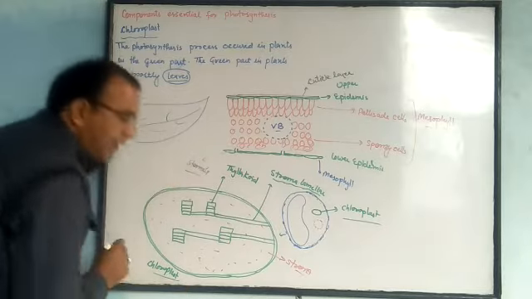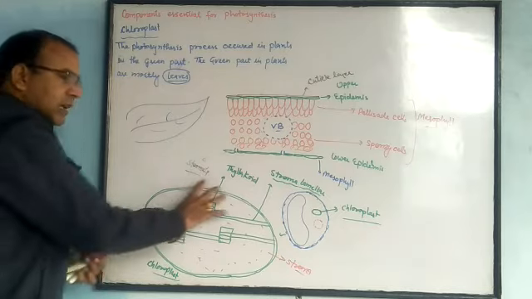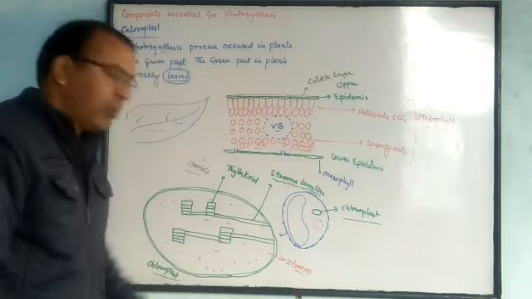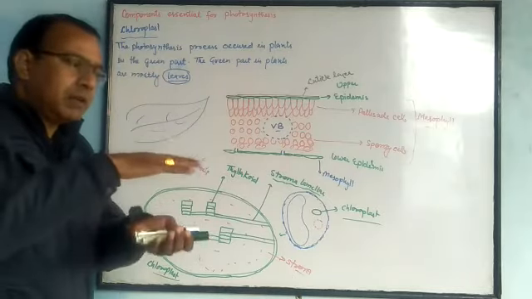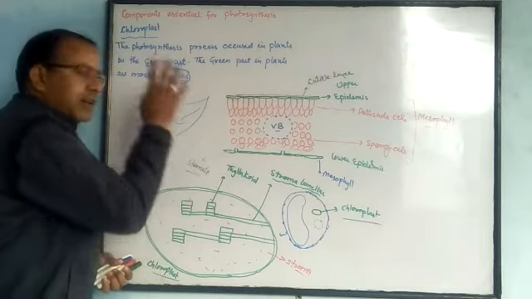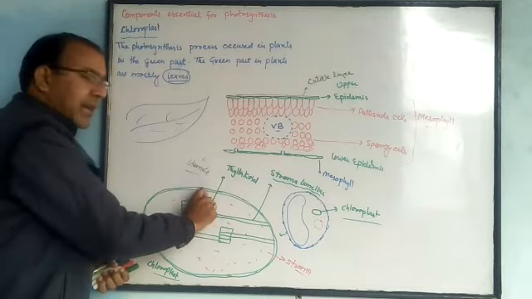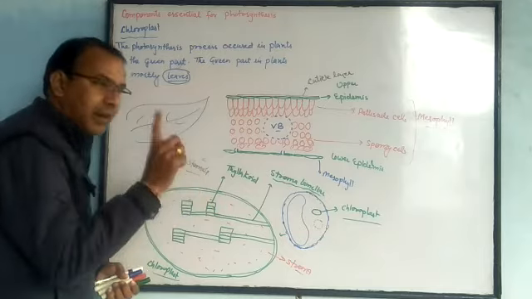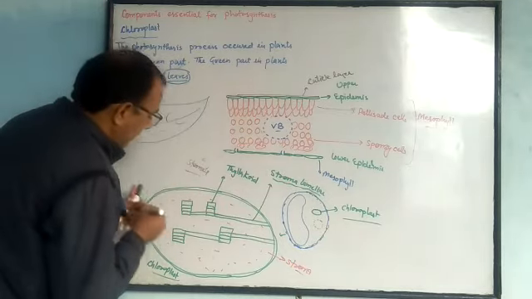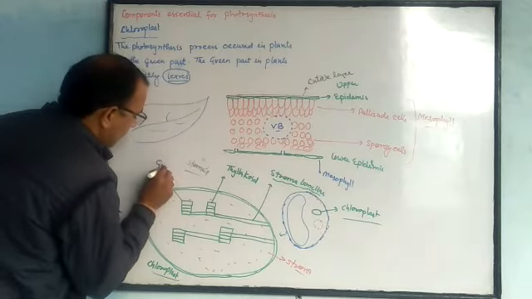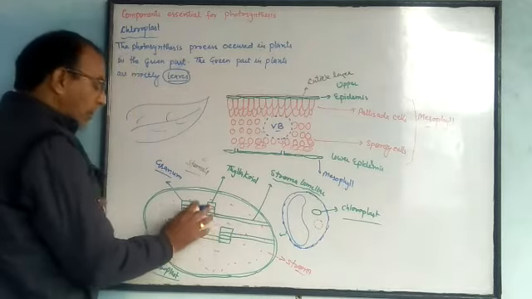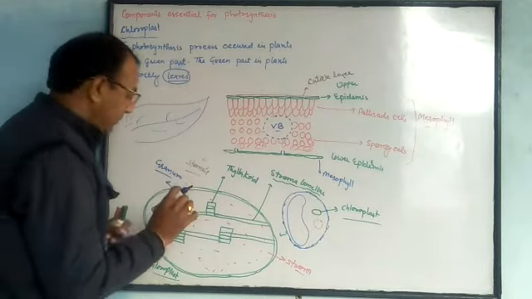Chloroplast is a bilayered cell organelle. The inside is filled with a jelly-like fluid called stroma. In the stroma, many membranes are attached over each other, just like the pages of a notebook. The single membrane is known as thylakoid, and the stack of thylakoids is known as a single granum. Collectively they are called grana.